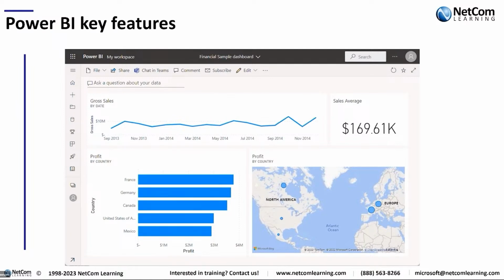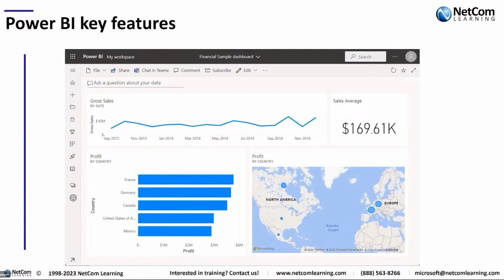Once you get it created to the structure that you want, you then need to be able to present it to other people. And by publishing it into the workspace or into a dashboard, that's how people would be able to see that information. Now, in this particular case that we're looking at, this is your own personal workspace, but you also have the ability to create shared workspaces. And in those shared workspaces, you would republish the dashboard and give people access to it.